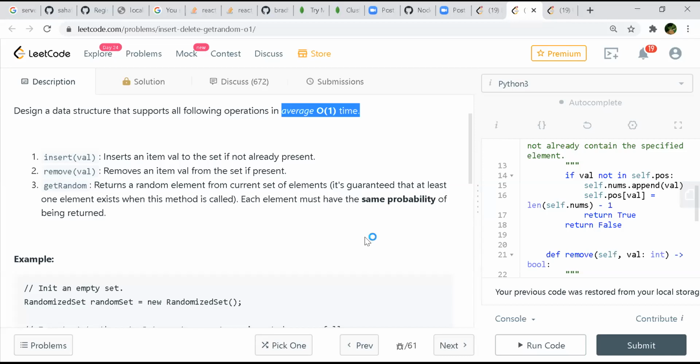But if I use a set just to insert and remove, because that is an O(1) operation with an unordered set, how do I map that with the array? You can append at the last. In a set, order doesn't matter, so take an array and keep on appending whenever you insert. In Python, it's like dot append. I think this is the same as an LRU cache. We keep an iterator there; here we will keep an index into the array.